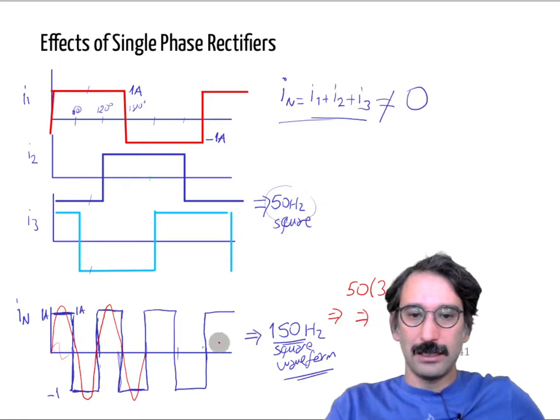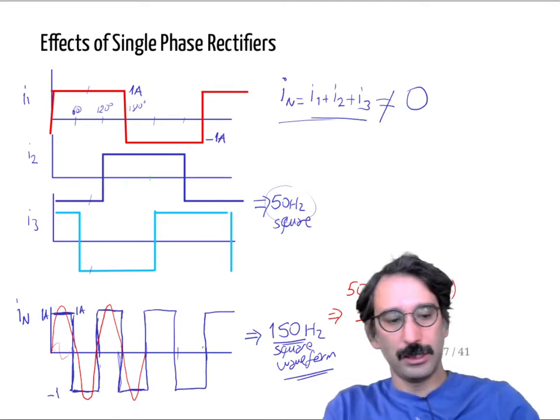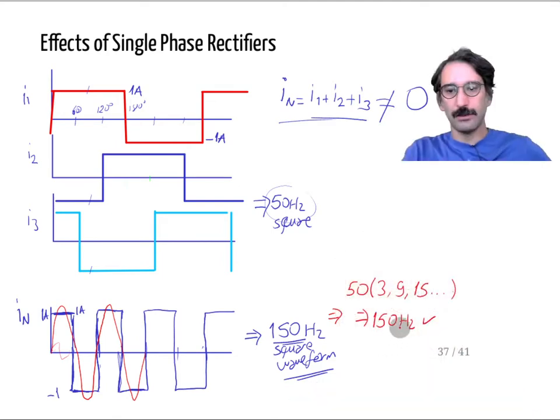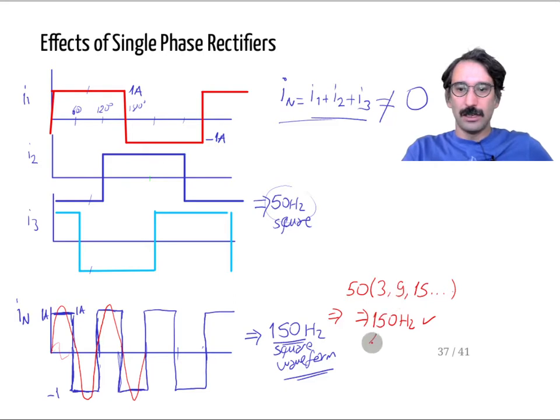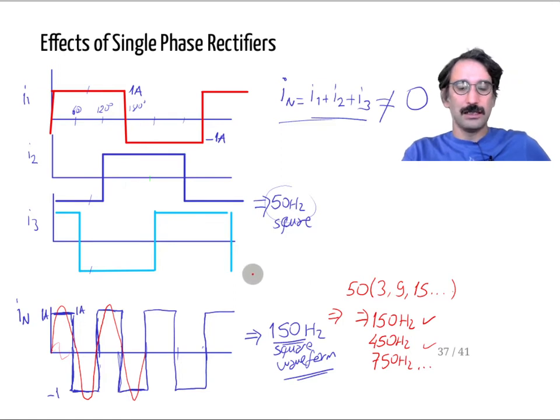So in the neutral line current you will see 150 Hertz, and that will be the most dominant, right? And then if you have a 450 Hertz component, and I think this is a 750 Hertz component, and so on and so on. Okay, so you are basically injecting some high frequency components to the neutral line,